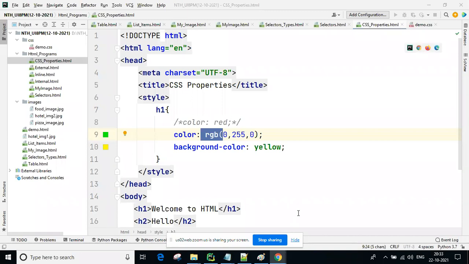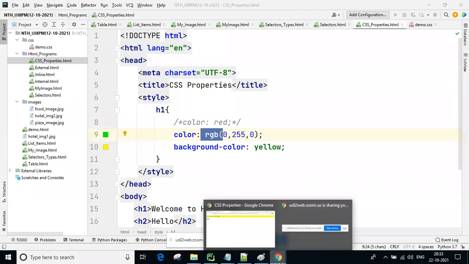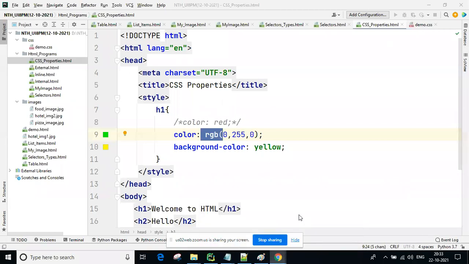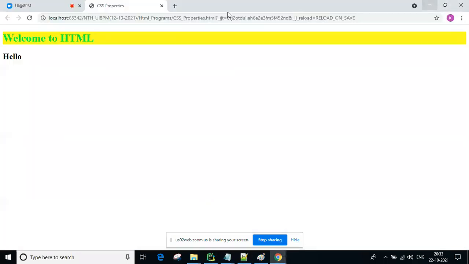Wait 1 minute, guys. I'm getting doubt. Are you getting my screen or not? Give anyone reply. I will stop the sharing. Wait, again I will show you what is happening here.